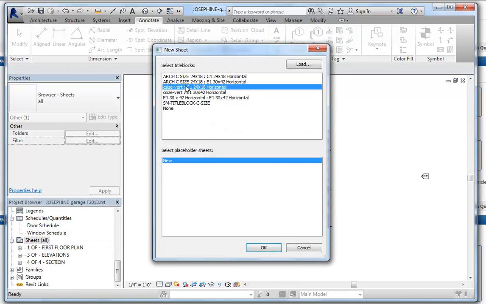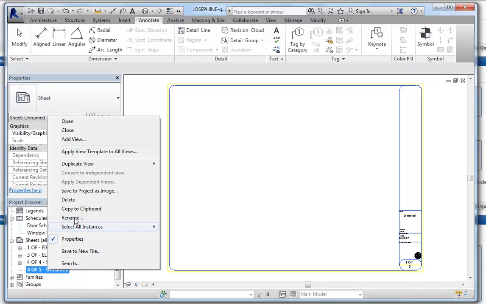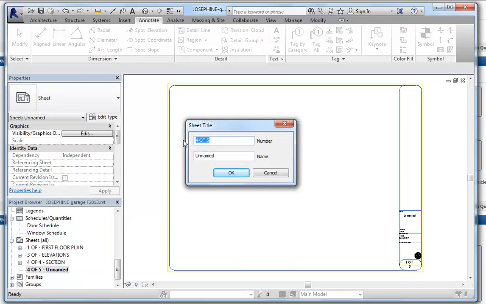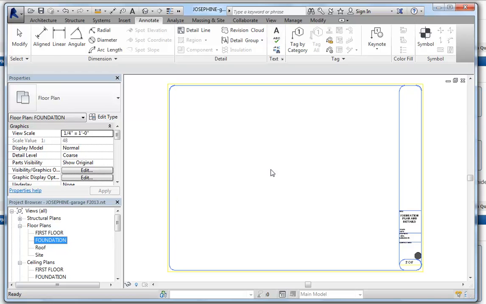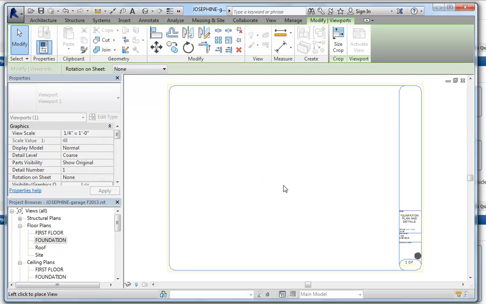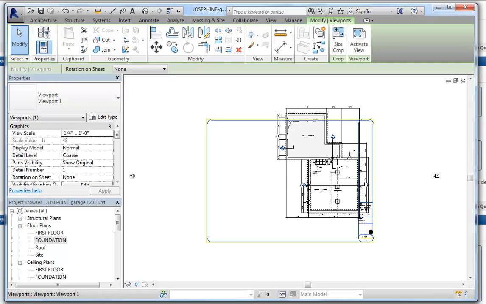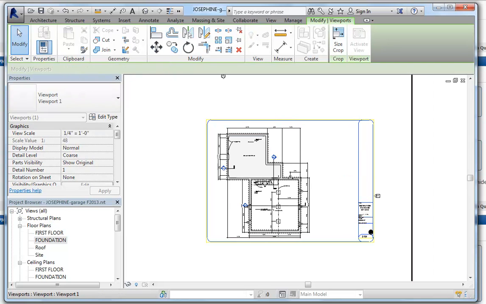So I'm going to create a new sheet, rename it, call it 2 of, and I want to call this the foundation. Foundation plan and details for now. And I'm going to start off by dragging and dropping my foundation plan onto the sheet. Get that positioned correctly. And you have just enough room if you're careful about where you put